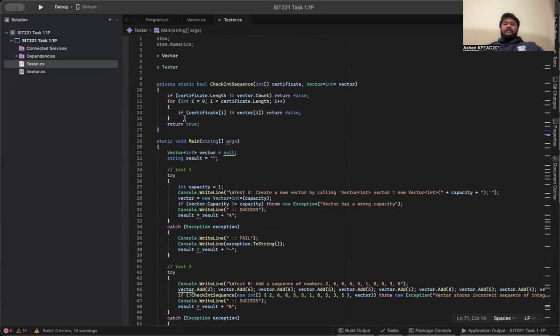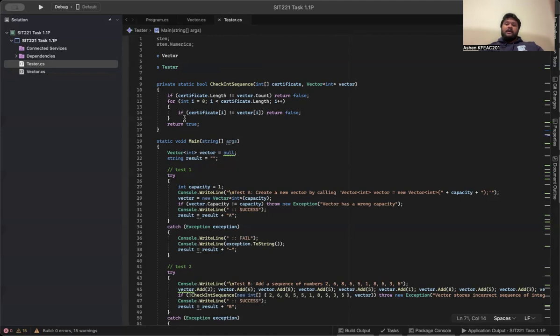After that, it performs all the operations one by one, such as removing items, inserting at a specific position, searching the contents, printing the content with ToString, clearing the vector, and even checking that proper exceptions are thrown when invalid operations